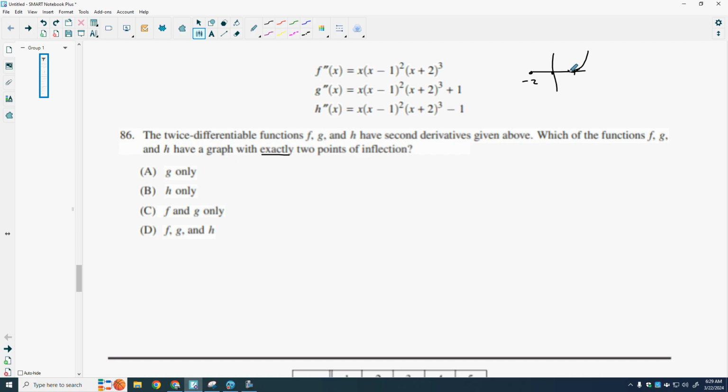It's going to bounce off of 1. It's going to pass through 0. And it's going to pass through that like a cubic. So it has 2 points of inflection. Okay, has 2 points of inflection. So this one's in, that one's good. What happens here? Well, this guy here